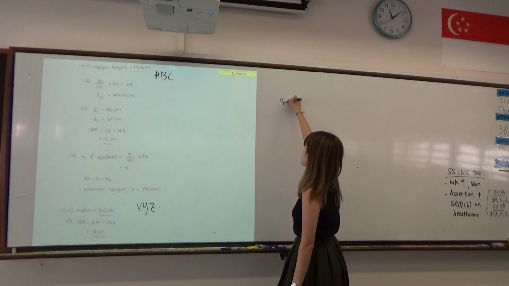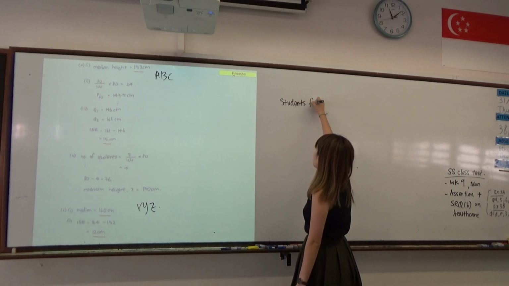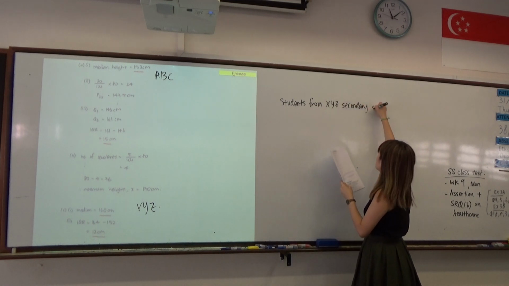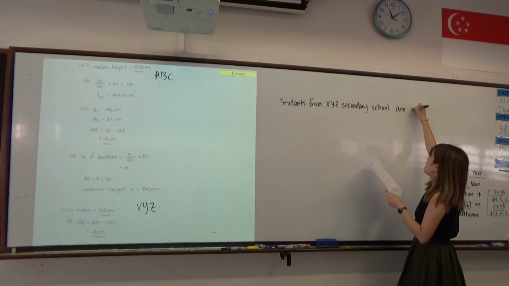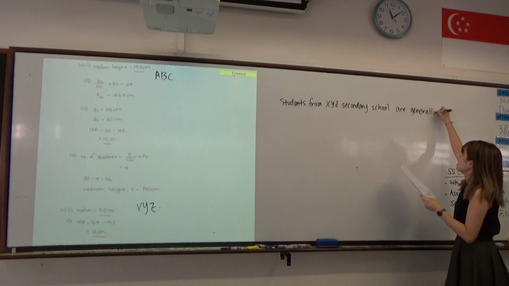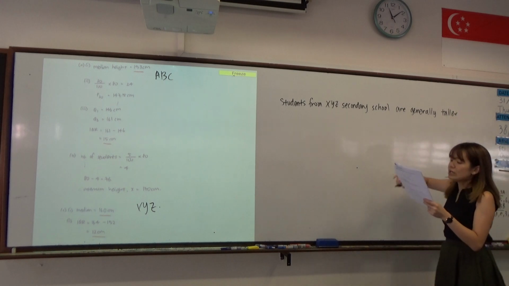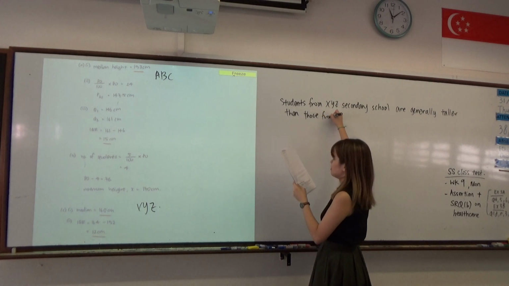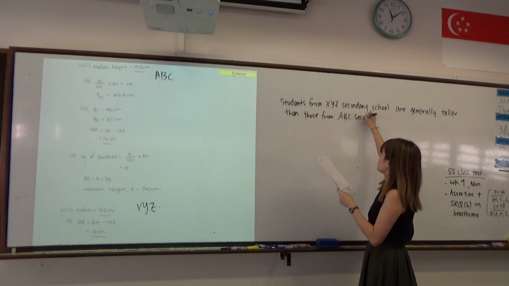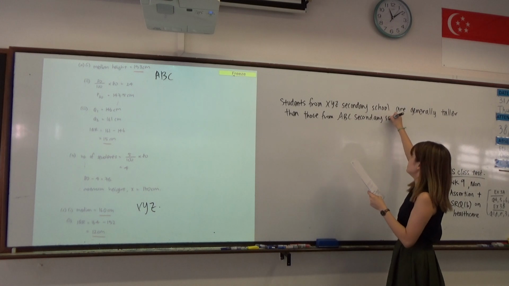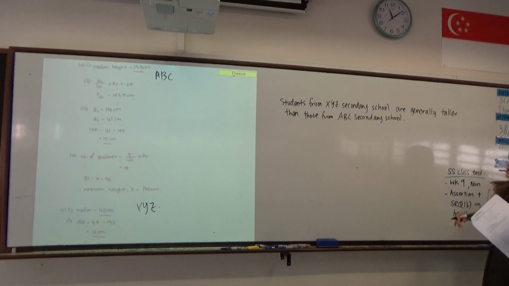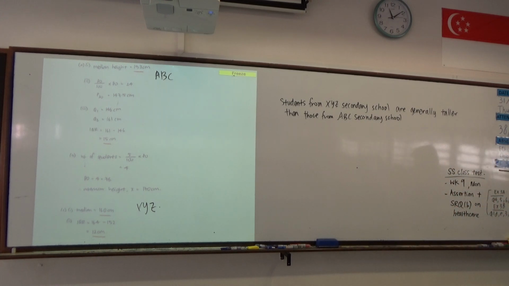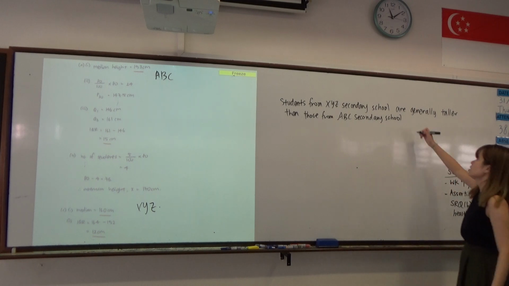Okay, so how do we actually go about describing this? We will say that students from XYZ secondary school are generally, so use the same keyword that we understand, are generally taller than those from ABC secondary school. Okay, so the reason is because you need to support it with a reason. What kind of things allow you to have such a conclusion? Okay, so since